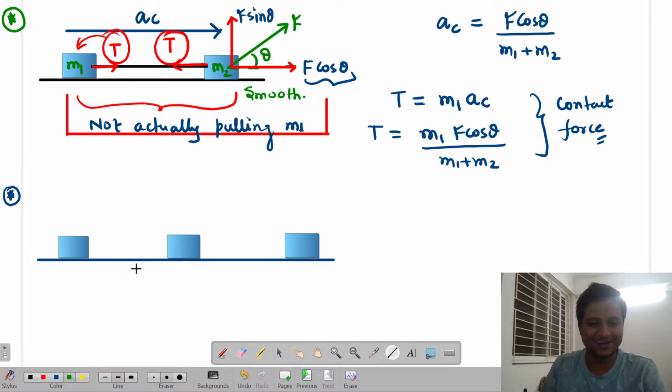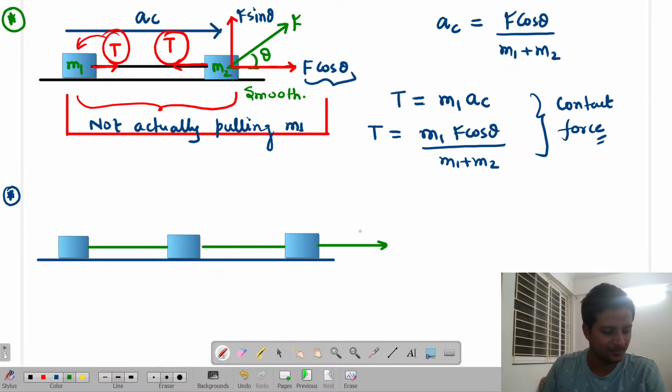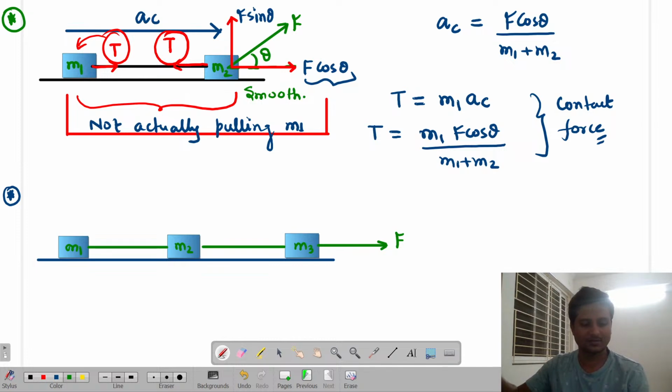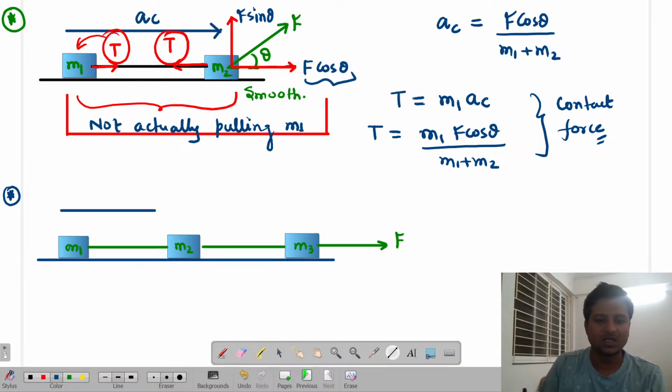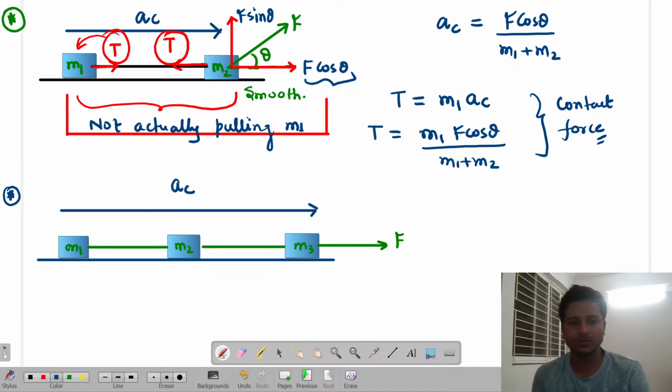Okay, so let us connect. We have three masses this time, connected by threads, and once again, a normal force is trying to pull it. Let us consider that this is mass m1, this is mass m2, and this is mass m3. Then find the tension in the threads. What is the approach? Remember always, in the case of threads, what will not change? The length of the threads will never ever change. So they are always going to move with a common acceleration, if they are placed on a horizontal table. Are you able to get me or not?